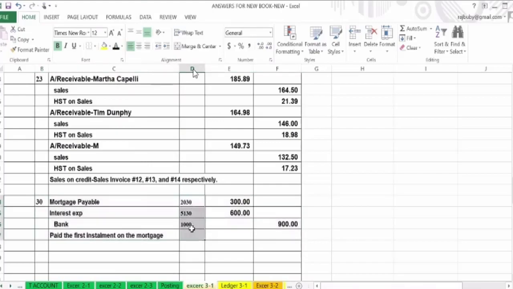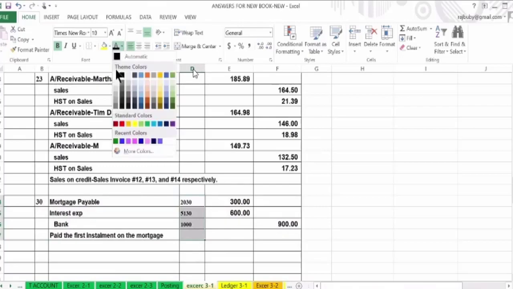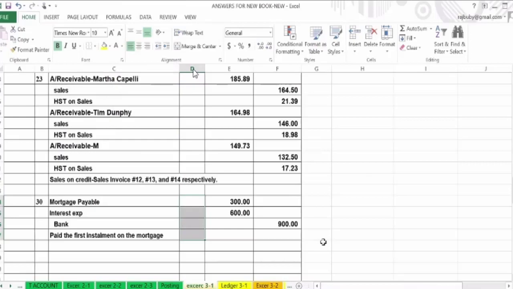Matilda, one thing I noticed is that in the chart of accounts, there's no account called account interest expense. We don't have interest expense. But we just have to create it. I think it's missing. Okay, so we'll just create it.